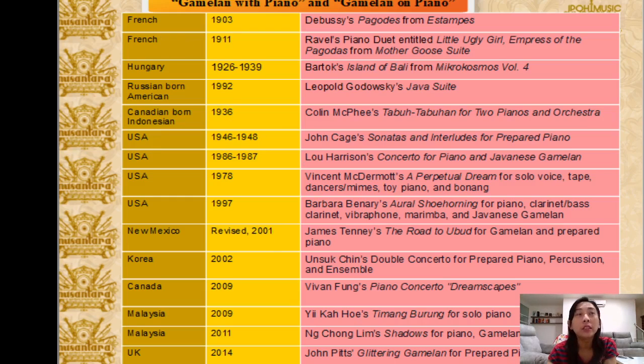Based on the countries stated here, we barely see any Indonesian composition. We have French, USA, Malaysia, Korea, Canada, New Mexico, Hungary, but we seldom see Indonesian ones, right? This is why I want to research a composition composed by a true Indonesian.